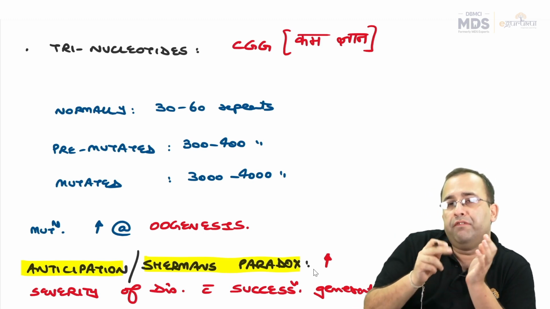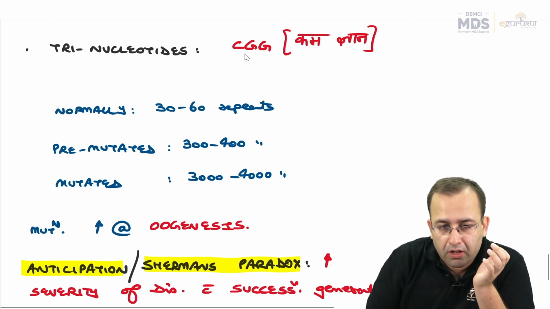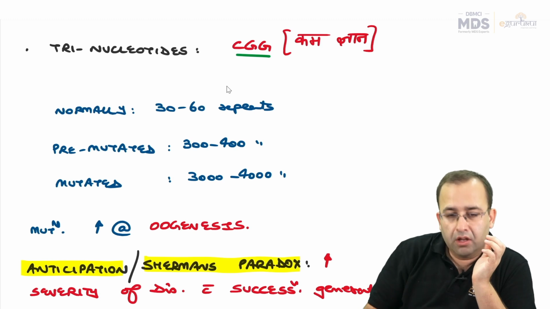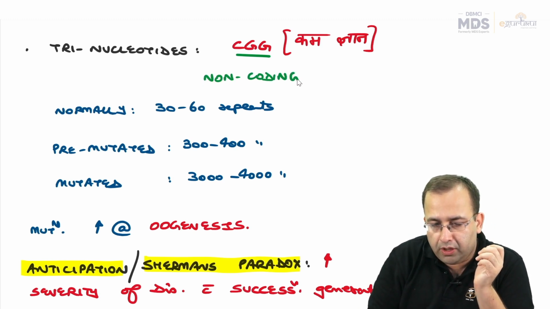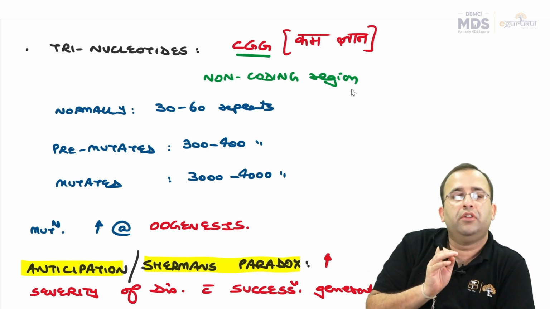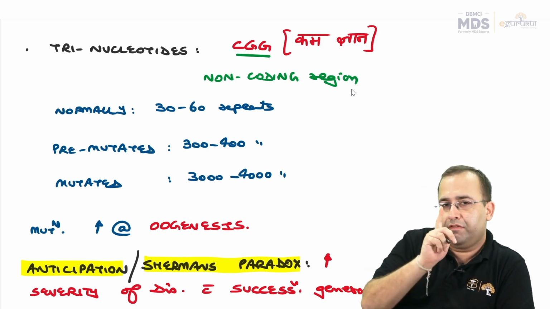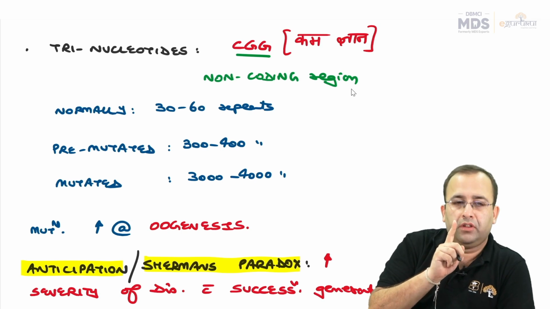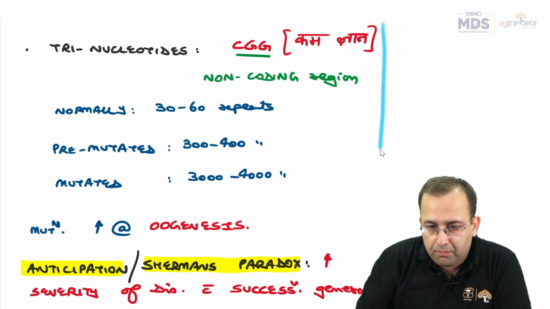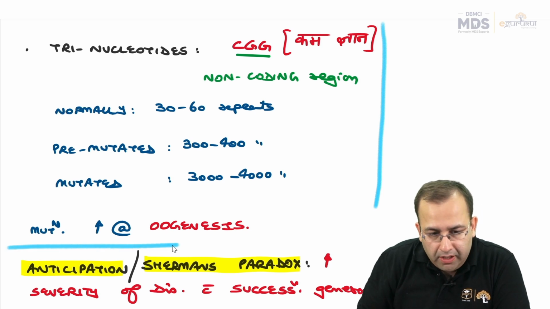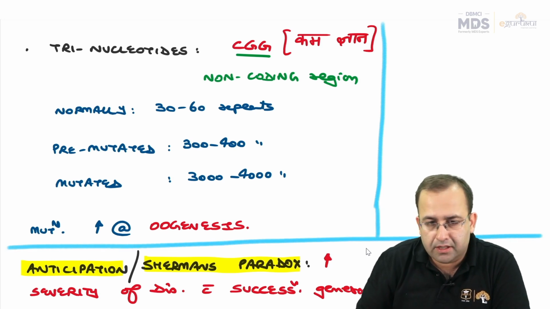In Fragile X syndrome, which trinucleotides were getting repeated? CGG. Where were they getting repeated? In non-coding region. This is our first trinucleotide repeat disease, Fragile X syndrome. Put a line on the side. Another trinucleotide repeat disease